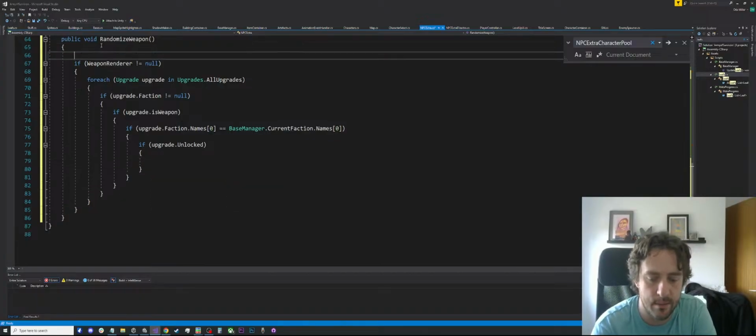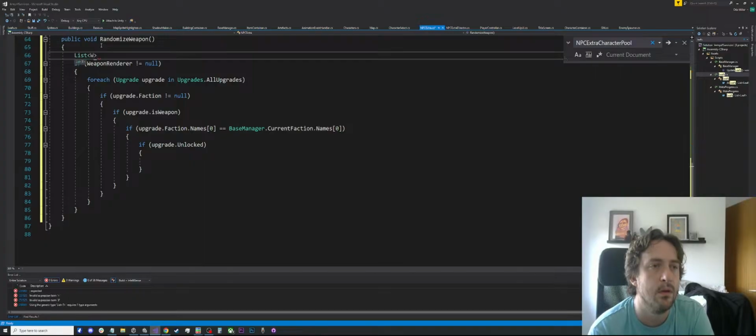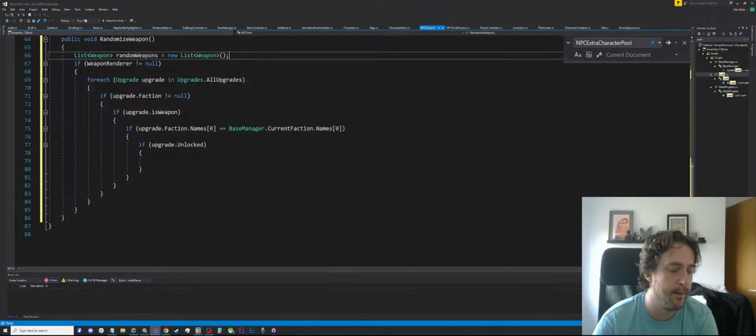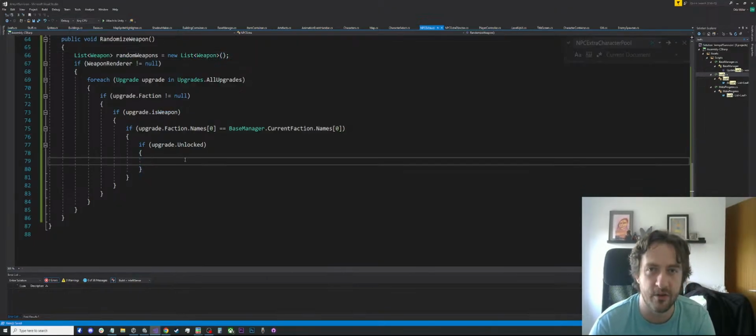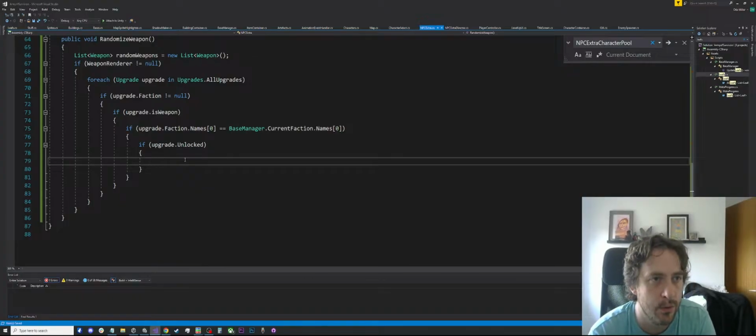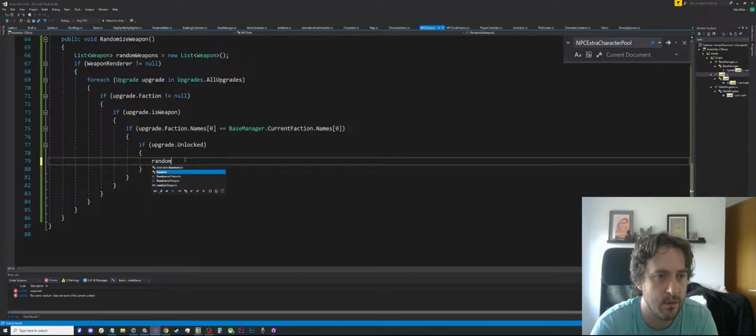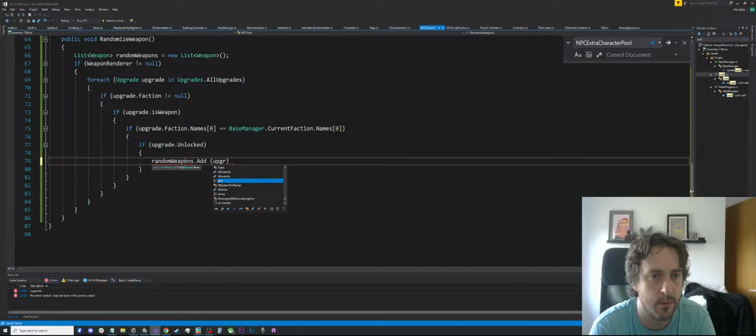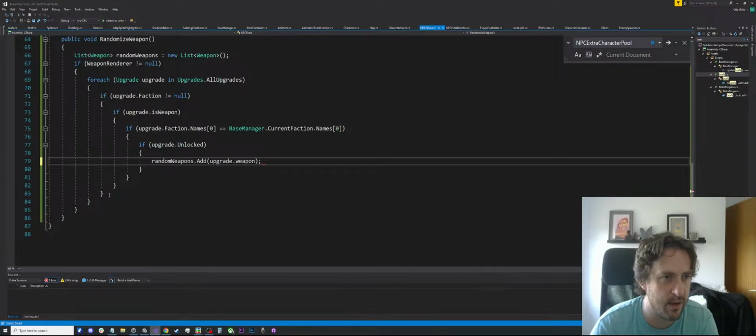okay, yeah, so we need list weapon random weapons. I'm just gonna embrace the spaghetti today. Honestly, I'm trying my best to not spaghettify it, and I feel like I'm just slowing myself down by doing that. So random weapons add upgrade weapon. Although this should probably just be upgrade. Let's see, and then